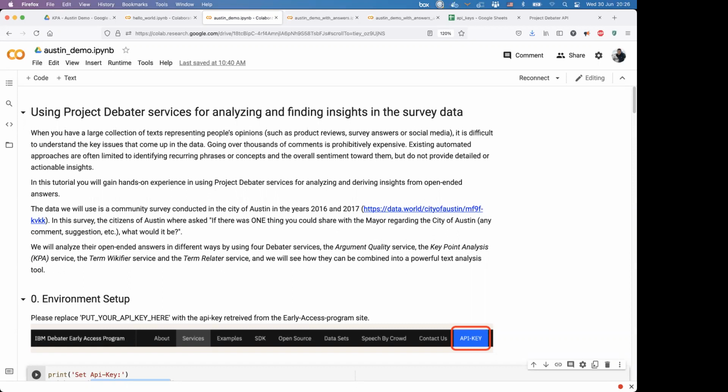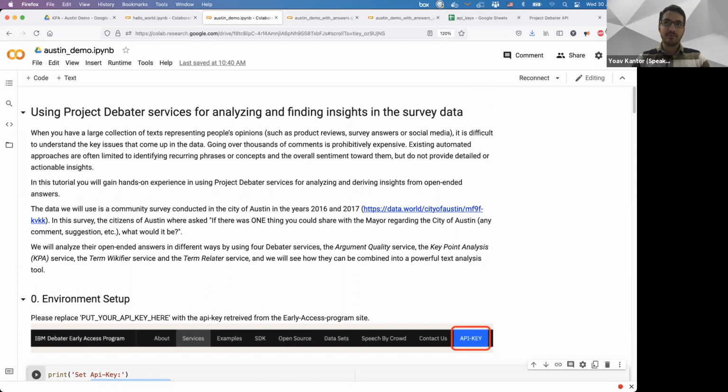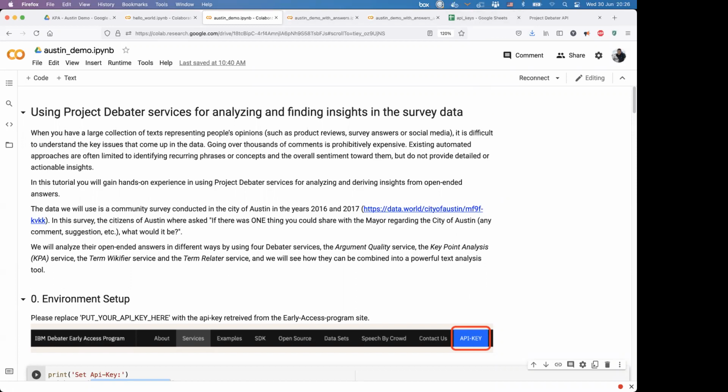Also, if I see some folks say the API key is not working, maybe that key is already being used by somebody else. So feel free to grab another one. And as soon as you grab the key, mark it as in use, so the other folks can grab the other one. If that doesn't work, try another one. Maybe you can scroll down to the bottom to make sure nobody uses that one.